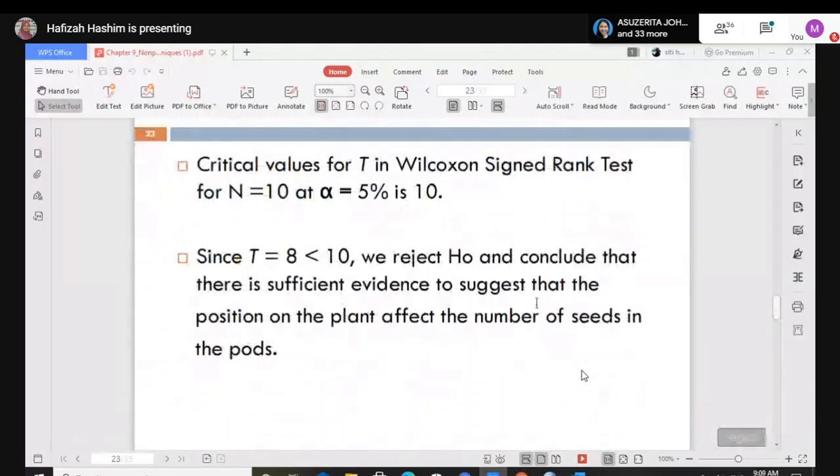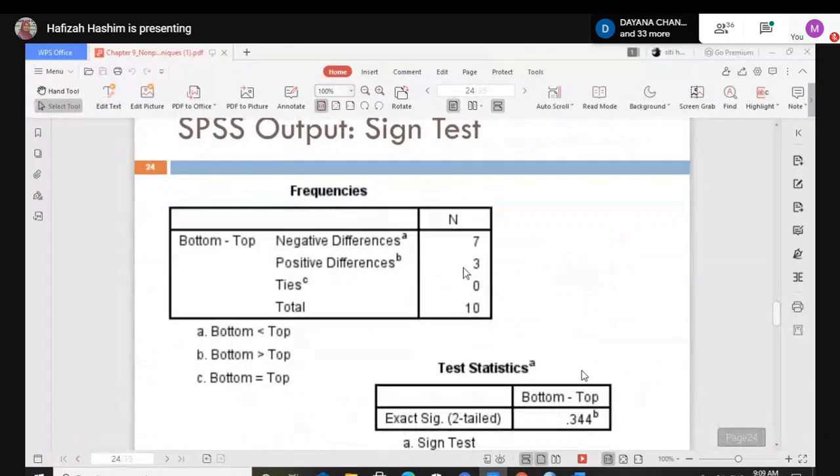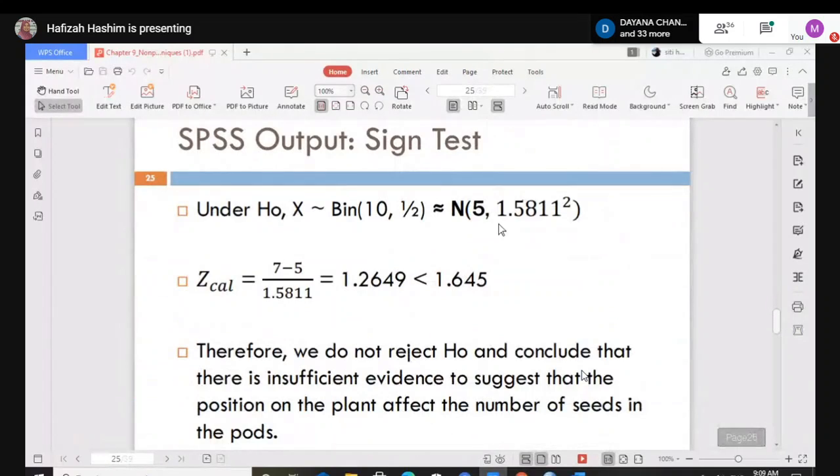So here we have discussed this one. Okay, this is the sign test. For the sign test, we are going to use the z-score, right? That's because it is approximately a normal distribution. From the binomial, we go to the normal distribution, and then you can use the formula of the z-score here. I think you still remember.